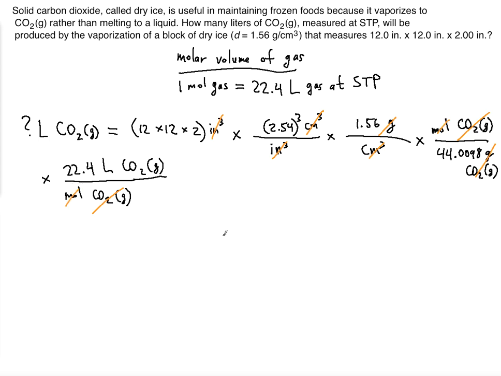So the moles are cancelled. With your calculator, not forgetting to cube these numbers, you're not going to cube this number, but you're going to do 12 times 12 times 2, and then the cubed 2.54 times 1.56 divided by the 44, times 22.4 will give you 37